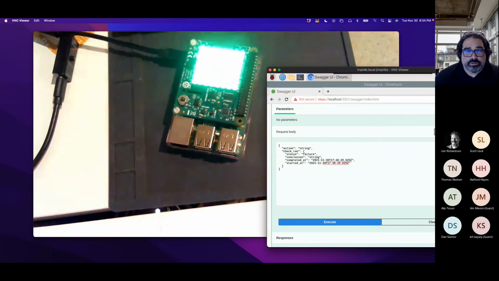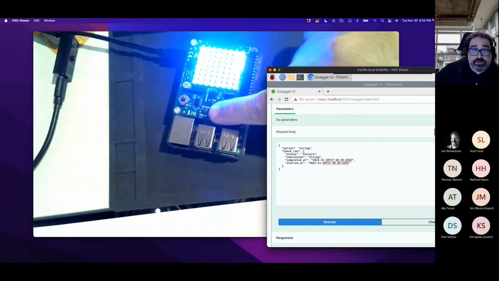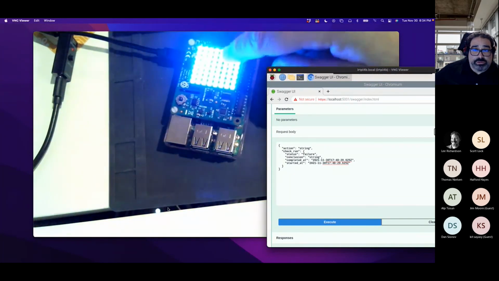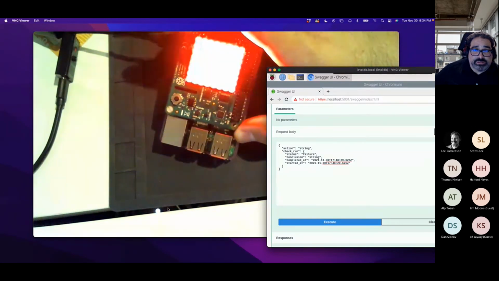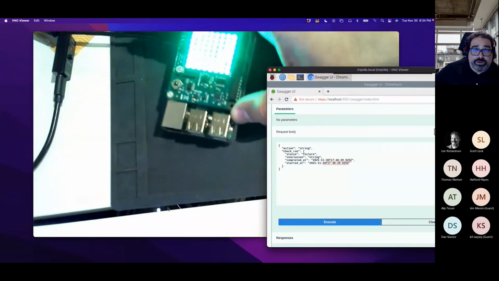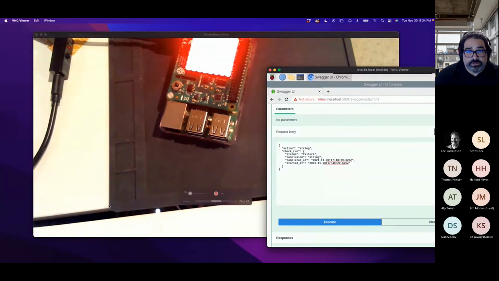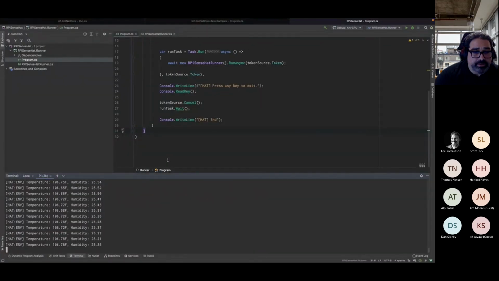So yeah. Now, again, if you guys want to start playing with a Raspberry Pi, it's not low budget, but if you want to have a hat that has a lot of the components you will need, like, again, joystick, environmental sensors, motion sensors, and a nice little LED to play with, I'd recommend you buy this SenseHat. And there are very good libraries for it in Python and in .NET Core. So I believe that's it.